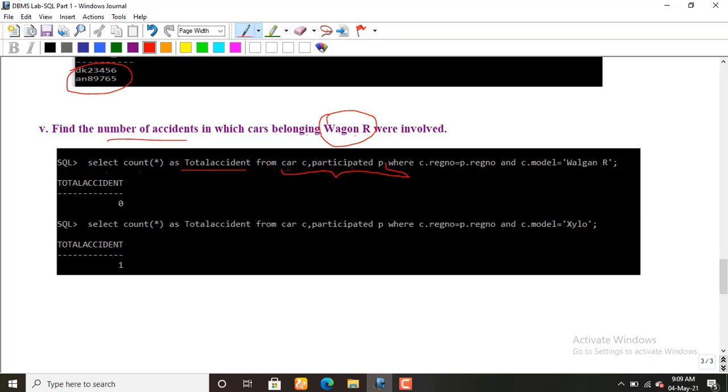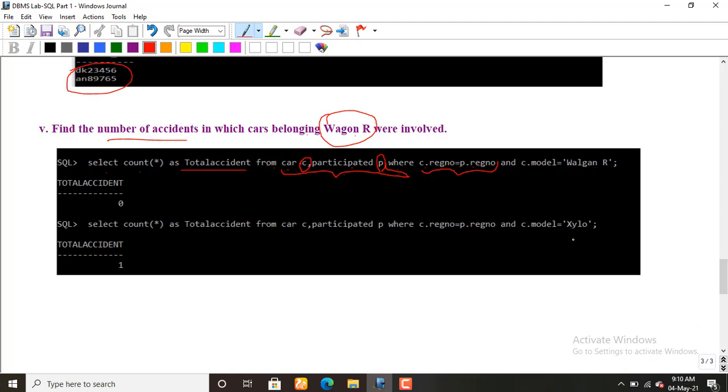So car is renamed as C here and participated is renamed as P here. As it is the Cartesian product between car and participated, you should add one condition which is mandatory in the WHERE clause: C dot registration number equal to P dot registration number, to avoid the duplicate values. You add such equalization if you are using the Cartesian product operation.